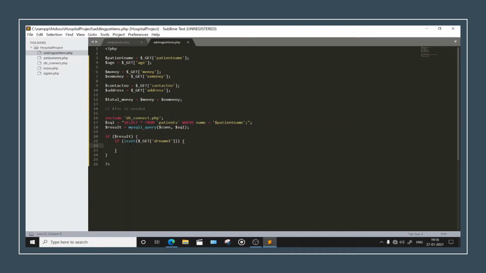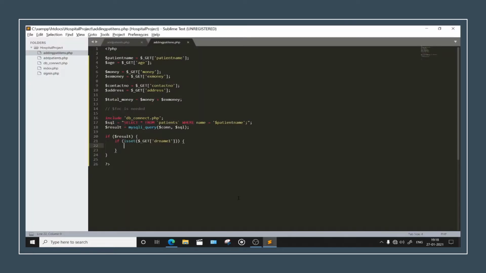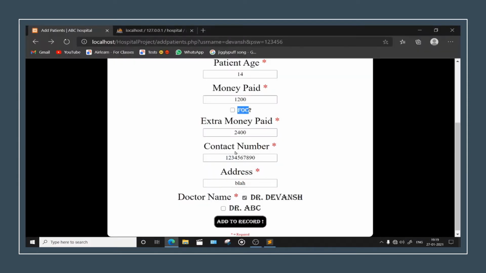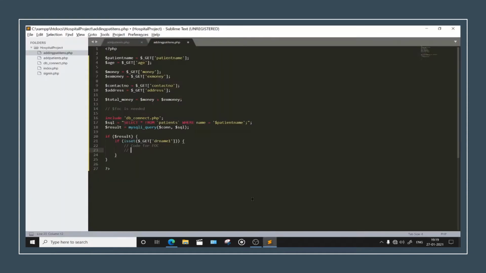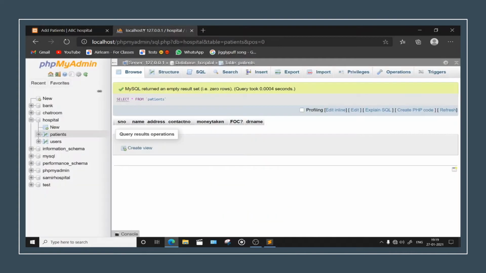Okay, so what do we need to do now? Okay, let me head down once again. We need to make code for FOC. Next is code for total money, and well, this is done.